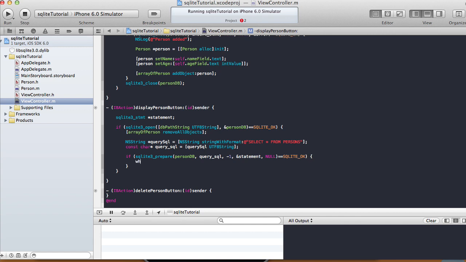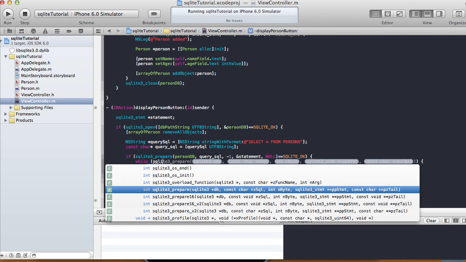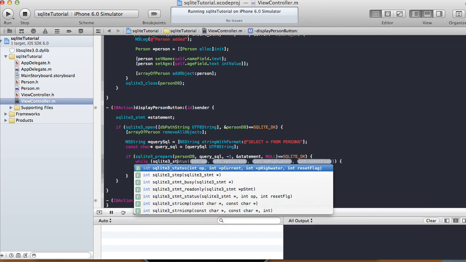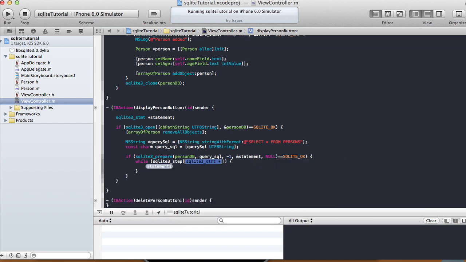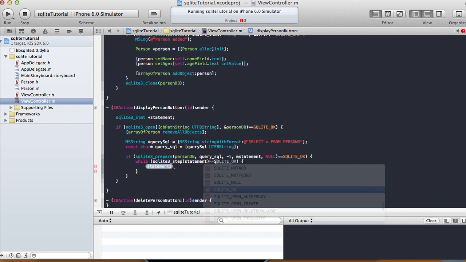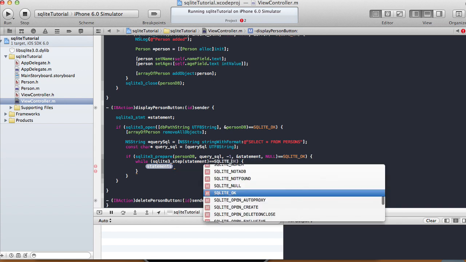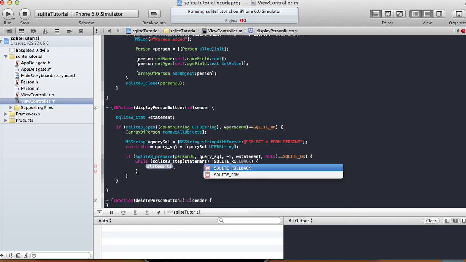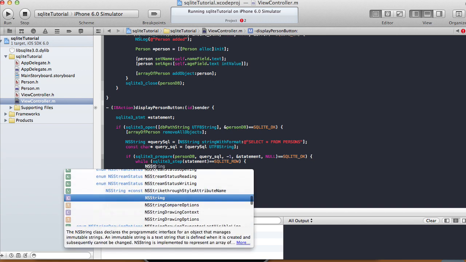So do while SQLite 3 step, and the statement will be statement equals SQLite row. So while it's equals to the next row, then we do